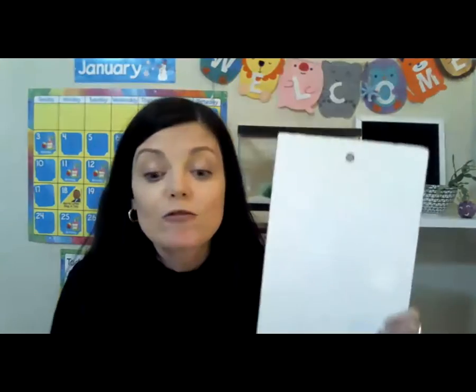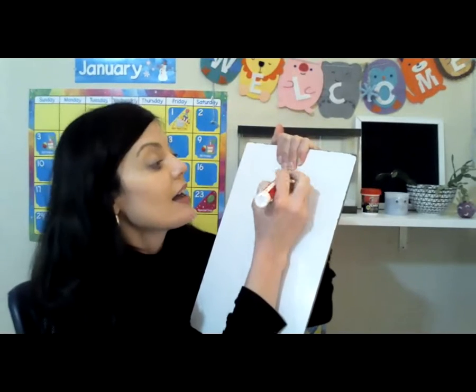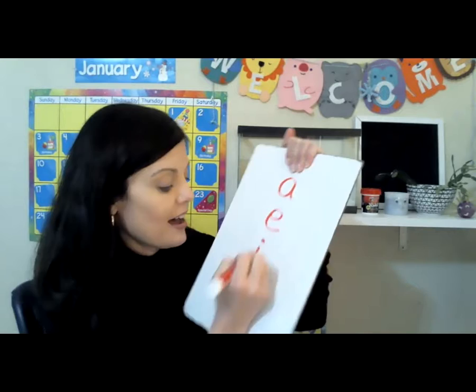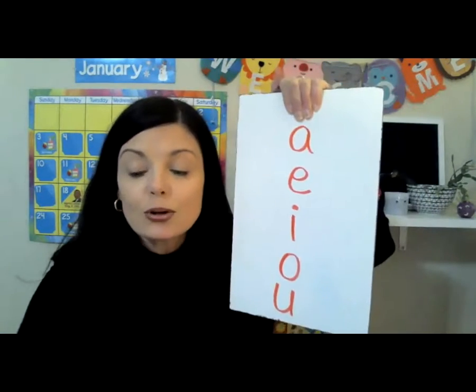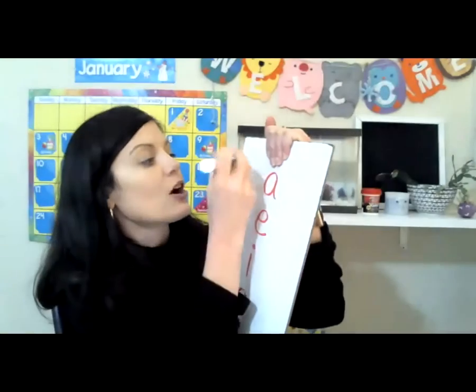And now that we know that R says r as in rocket, we're going to do some blending. So let's see if we can remember what the vowels are. The vowels are A, E, I, O, and U. Now let's put the letter R with each of these vowels and we're going to blend these sounds together. All right, so let's start with A,